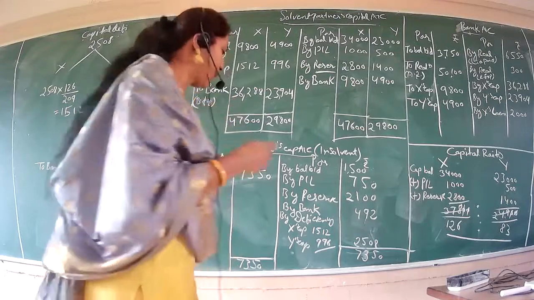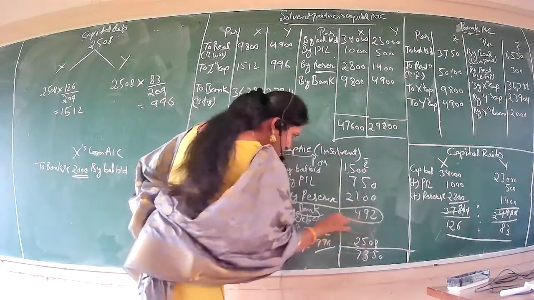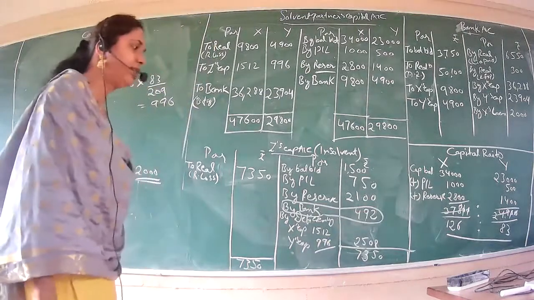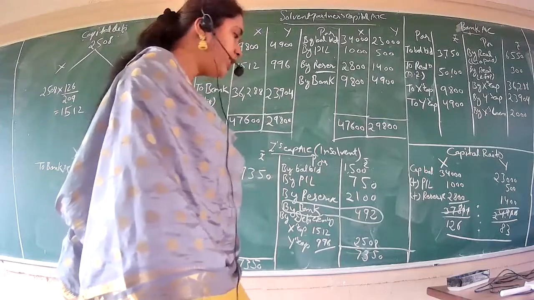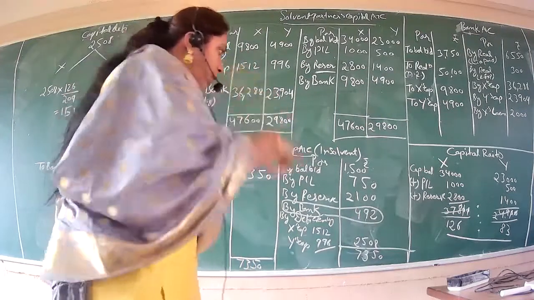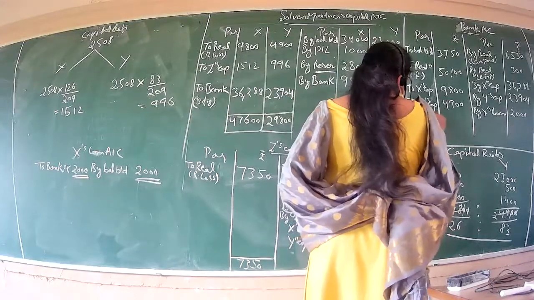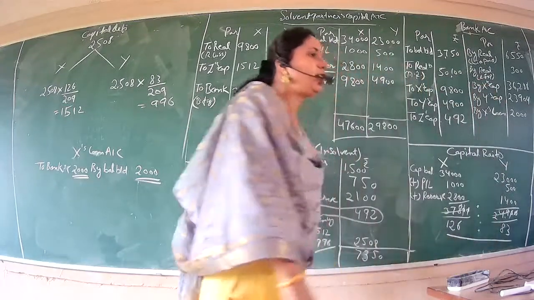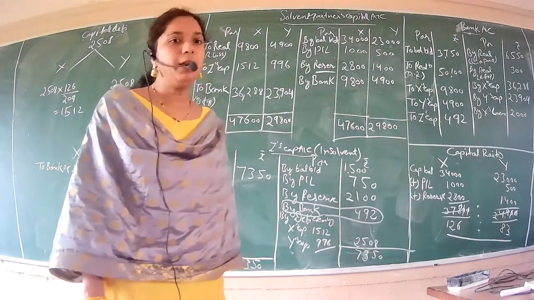Reason is what? We had here today one extra entry, new entry compared to your last class. In your last class, solvent partner has got nothing, okay, on his insolvency to make his capital deficiency good. He has got nothing, 0 rupee. But this time Z has got the amount. So Z has got the amount in the firm. That means we have to make the entry of this Z capital account also. How much he has got? He has got 492. Okay. Now, if you will try, definitely it will match.